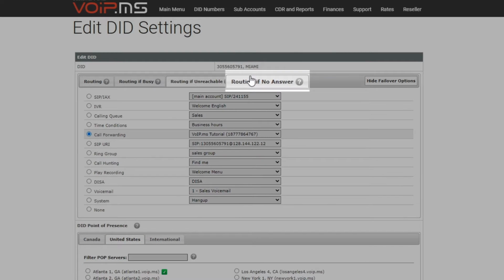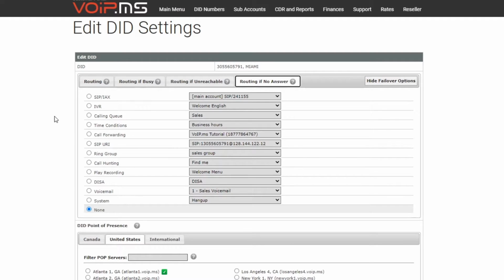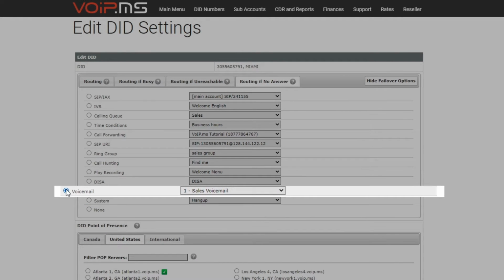Finally, the Routing If No Answer tab. This is the most common failover option, which if for any reason you won't be able to answer the call due to the time or simply that you were away from your phone, you can reroute calls to your mobile phone or simply to your voicemail. In a business setting, you would probably benefit from a mix of features with a time condition that if time matches, it will send the caller back to your main digital receptionist menu, or after hours, have calls sent to a general voicemail, for instance. For this scenario, I will simply send it to my voicemail.